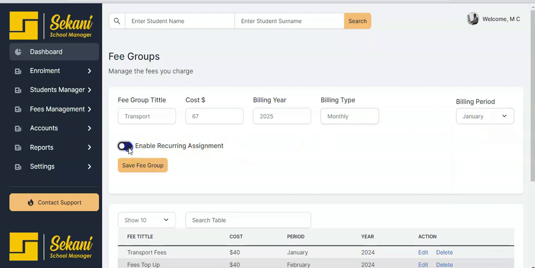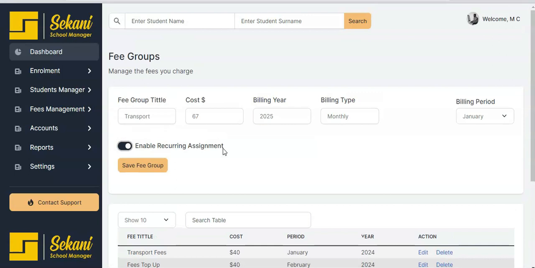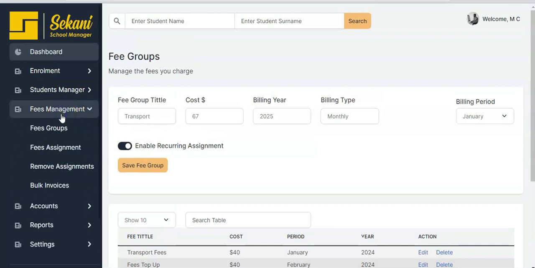And then if we enable recurring assignment, this option will allow us to say that if it's a recurring assignment for January, in February, when we want to assign all the students who have been given these transport fees, it will be easier. We can just do it by the click of a button. So for example,